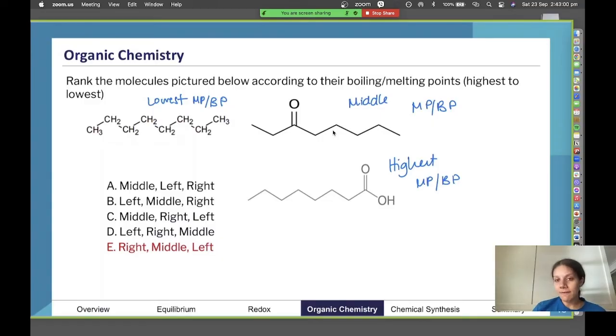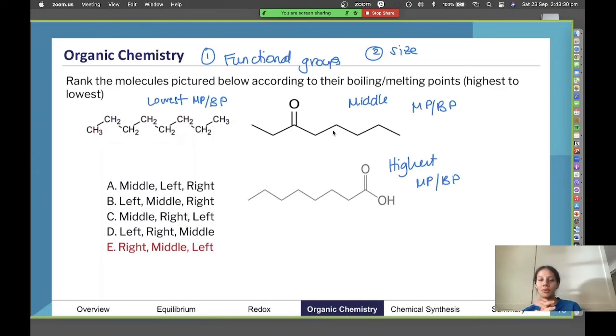So what are the actual things that affect, I'm just going to say melting point, but it's the same thing for boiling point. If we're affecting our melting point, we want to think about what is the level of intermolecular force keeping these molecules together, and that's going to come from our functional groups. So first thing is looking at functional groups. Another thing we can look at is the size of the molecule. A bigger molecule will have more dispersion forces, which will keep the molecules more tightly knit, which means it'll be harder to separate them in order to change states. So that's another thing to consider.